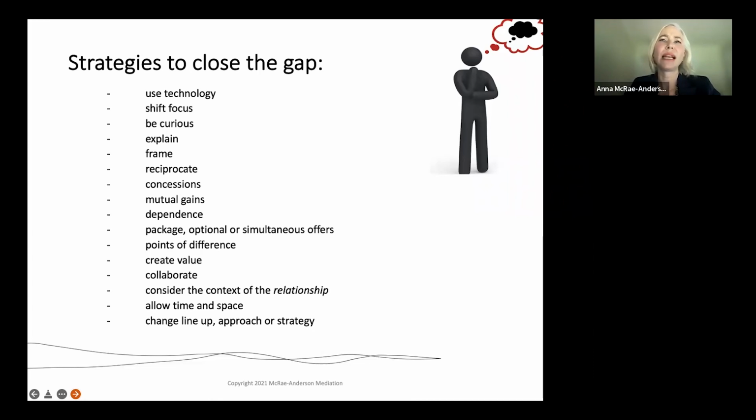Consider the context of the relationship. What type of relationship exists? Is that relationship at stake depending on how I negotiate? Does it matter? Are reputations at stake? So don't lose sight of the fact that your tactics could affect the relationship at hand. If the relationship is important, then your goal should not be just about getting the best possible deal. It should be also about how you can do that while preserving the relationship or strengthening it even. Again, as I said, if you need to adjourn the discussions or change the lineup, all of these things are very helpful in breaking an impasse.